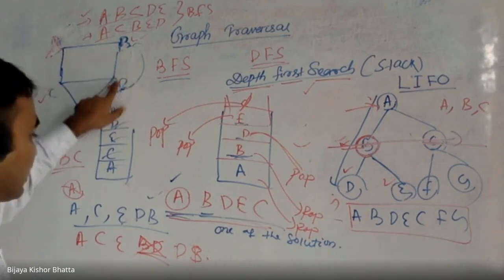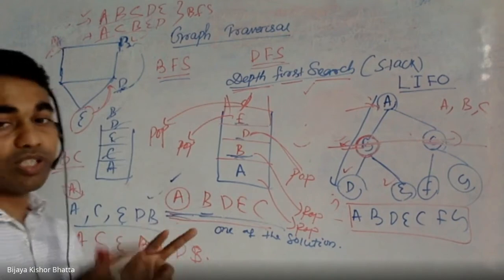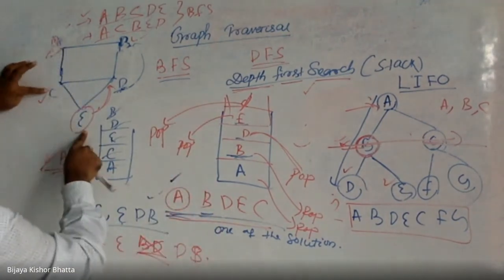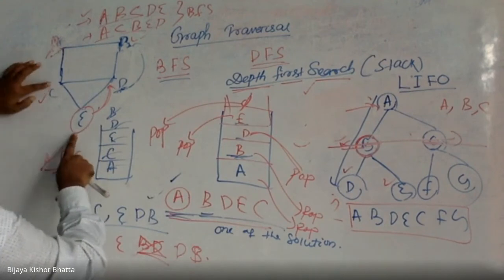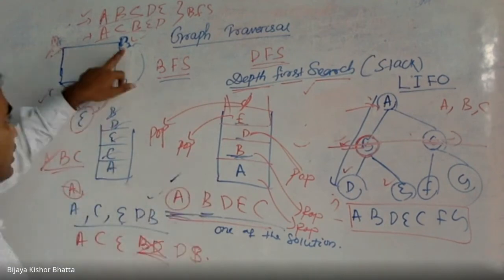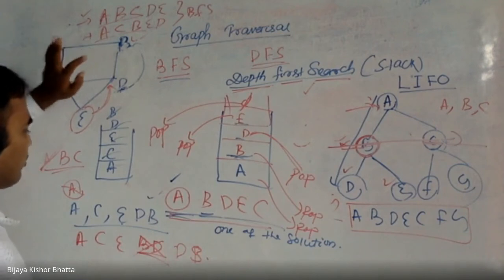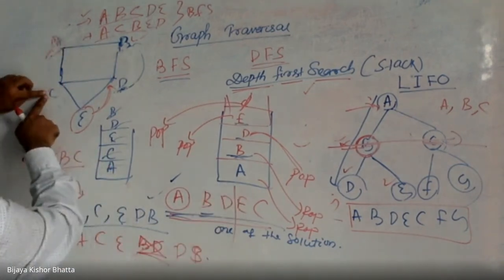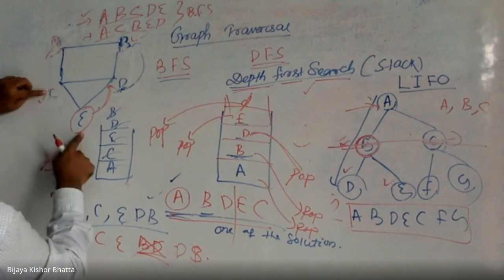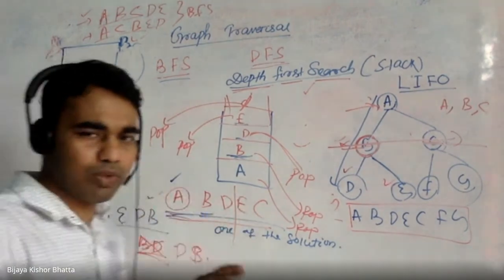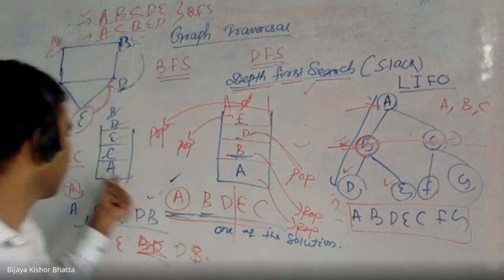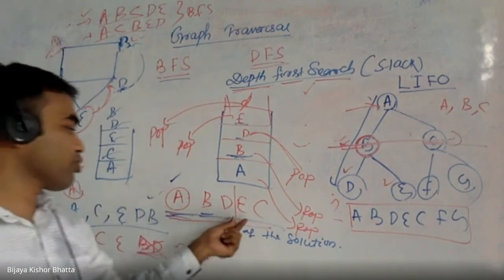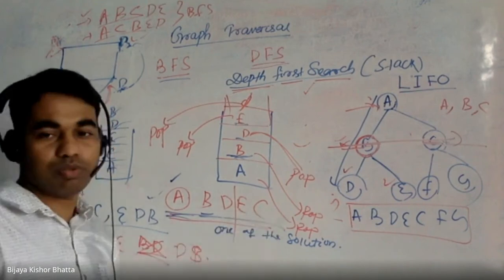So whenever you are at D, how many choices do you have? You have now two choices, C and E, which are not covered. This is very important. You also have option B, but B is already covered. So whenever you are at D, you can go for C or you can go for E. That is up to you. You can choose any vertex, but I choose the E vertex. You can choose EC, there is no issue, but I chose CE. Then after CE, I chose.